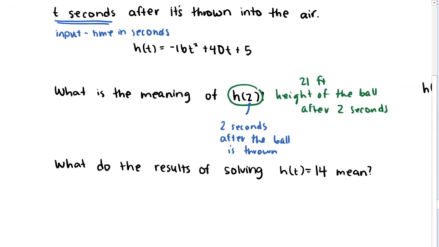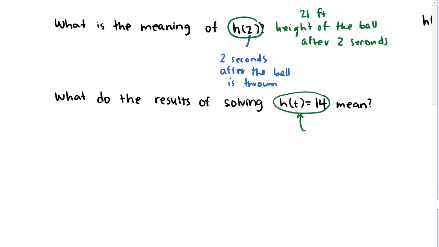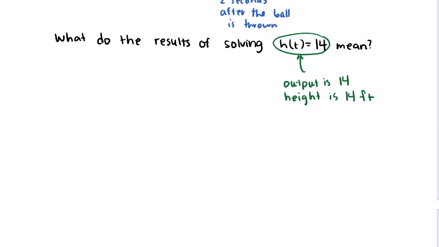And now in this last example, what do the results of solving h of t is equal to 14 mean? Right, so h of t is equal to 14. This is telling us that after we plug in some value for t, our output is 14. And we said that earlier: h of t represents the height of the ball. The outputs represent the height of the ball. And so when you solve for this output, you're finding the inputs that lead to this output. So this essentially means find